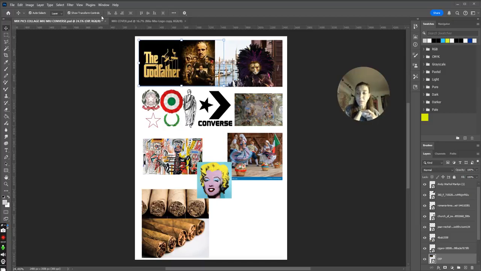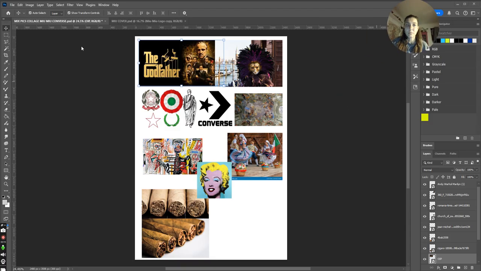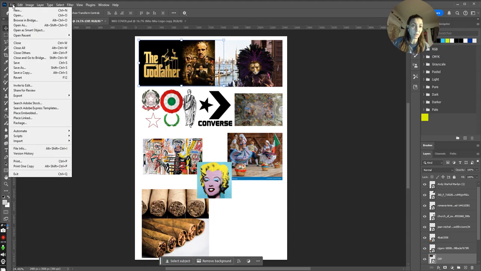Tutorial video for you to remind you how to work in Photoshop and how to start to prepare the mood boards that further you will need to import inside your InDesign file that we've started to do. So first thing first, little reminder, once you have your Photoshop open, or if you want to create a new